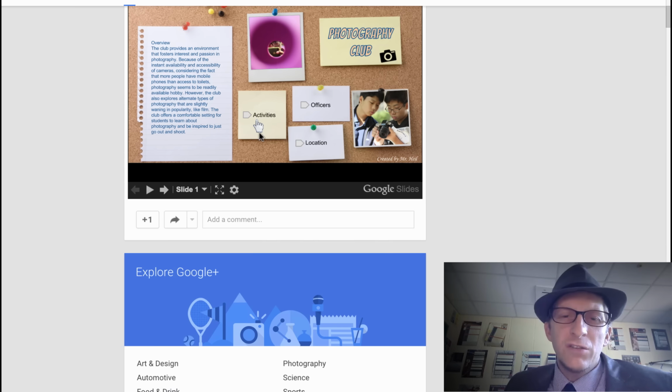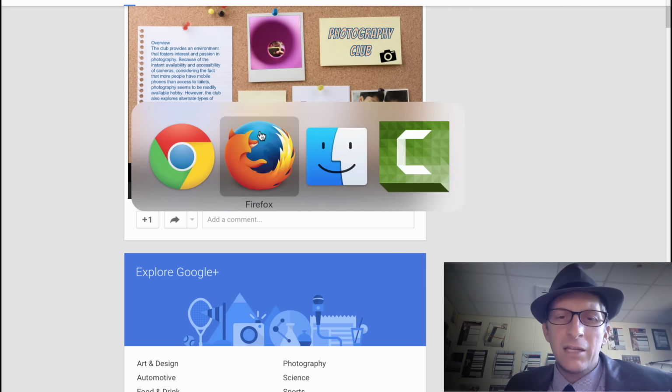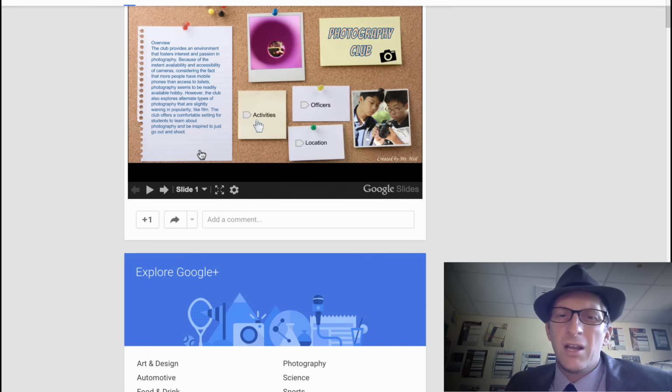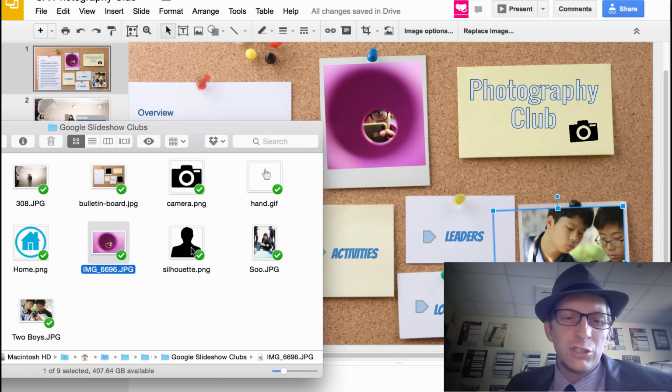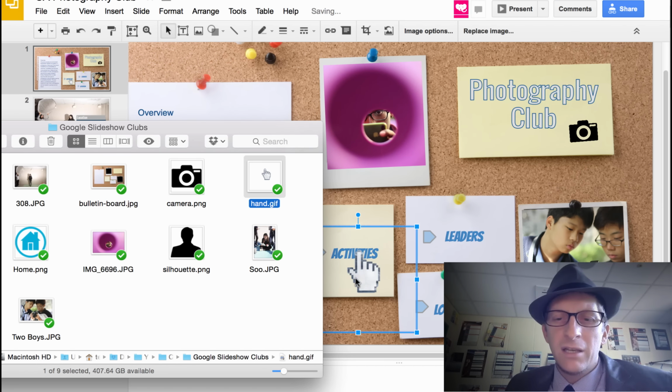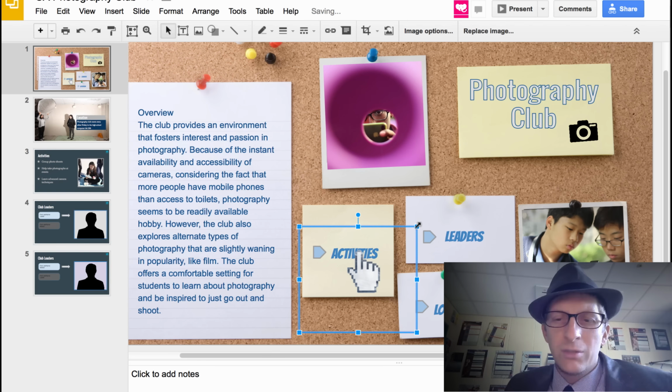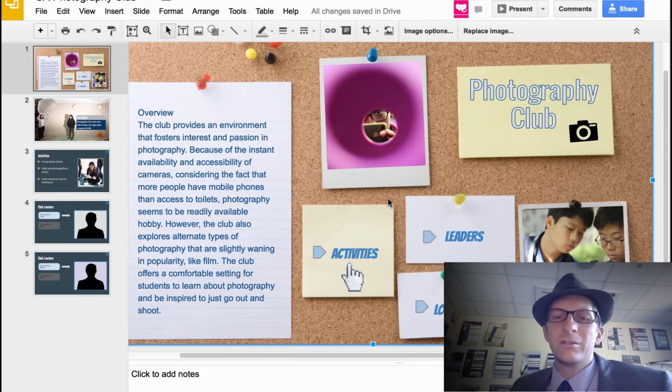I did have a GIF here, so if you want to go back and add a GIF, so someone might think, I don't know, I can click on that, click on activities. If you want to do that, just search for a GIF. I just did GIF hand, and I can just drag that in here, and notice it blinks now. I'll resize it a little bit, and so it shows the person like, hey, click on that, and so I